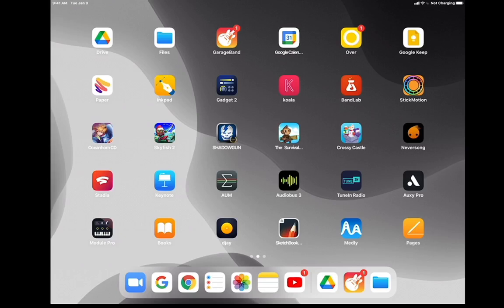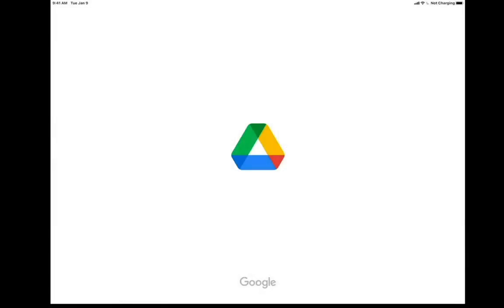This is just a quick tutorial on how to collaborate with other musicians using Google Drive, the Files app, and GarageBand on the iPad. Now, this is going to be for the iPad, but really it can be Google Drive, any Files app on any OS or any platform, and any DAW on any platform, as long as you can change the BPM, record stuff, and export stuff. We're good to go. So I'm just going to open up these three apps,